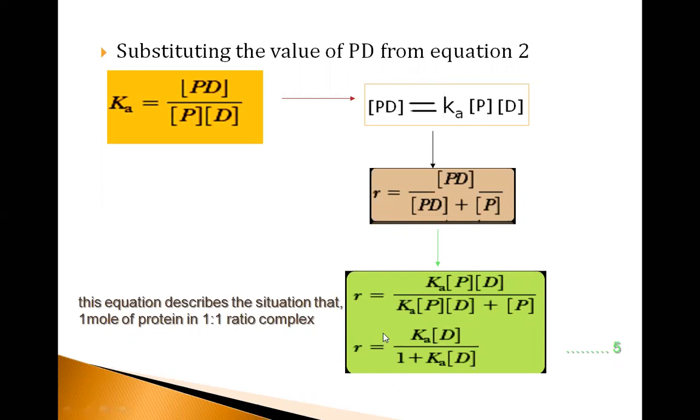K is the association constant, and there's nothing else in this equation. If I want to know the determinable ratio r value, I should have the value of Ka. I should also have the value of D. When I practically start planning the experiment to estimate this r value, I find it difficult to determine the Ka.